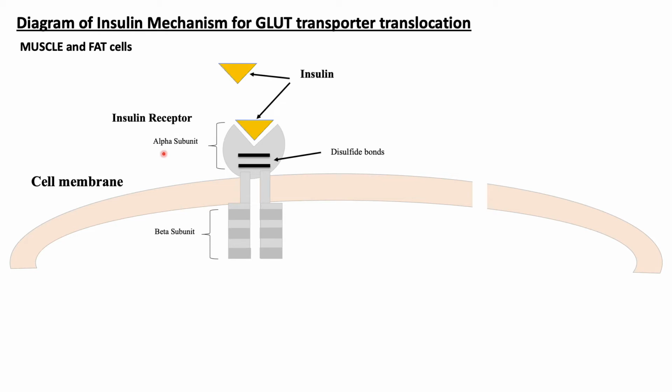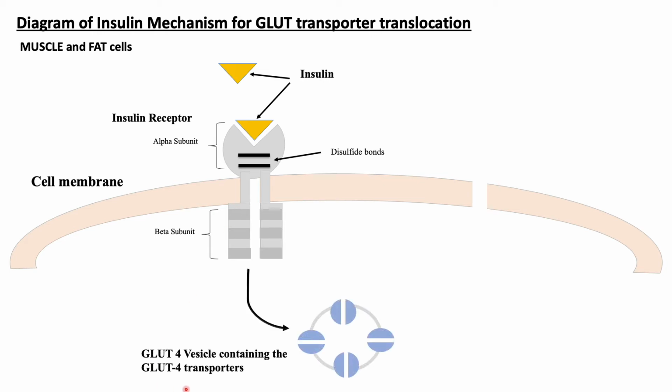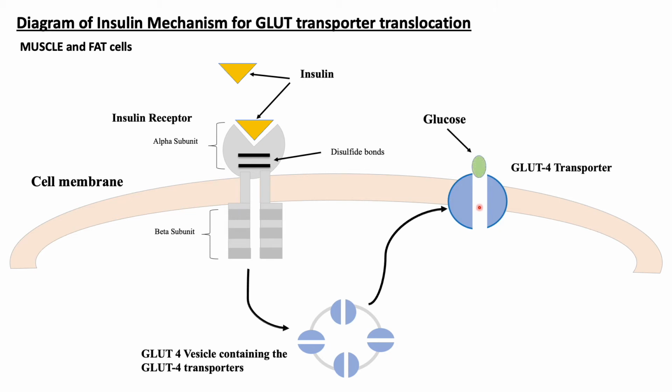When insulin binds to its receptor, this will cause a cascade of events, and this will eventually lead to the translocation of vesicles which contain GLUT4 transporters. These will be embedded into the cell membrane, and by doing this, this actually allows the glucose to enter into the cell. Just to re-emphasize again, the liver cell had the GLUT2 transporter, which did not rely on insulin for its mode of action. Now we see here with the muscle and fat cells,